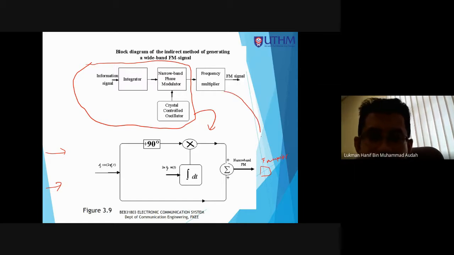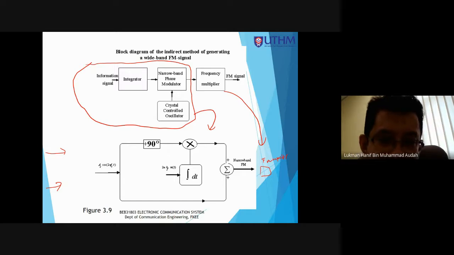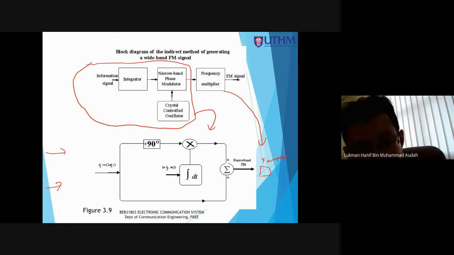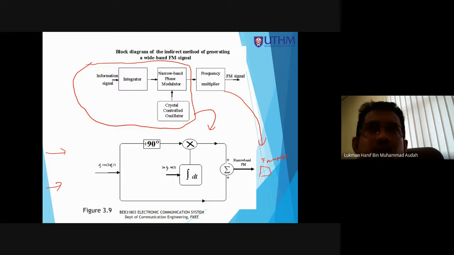Okay, which is this one. Okay, so maknanya sebahagian yang atas ini integrator, narrowband phase modulator, crystal control oscillator, yang inilah gambar rajah yang ini. So narrow frequency multiplier perlu ada tambahan di sini. Okay, so for your information, the picture below has been asked in the final exam in the previous semesters a few times. Pernah ditanya beberapa kali. Ini bentuk soalan yang ditanya adalah seperti soalan yang seperti contoh dalam